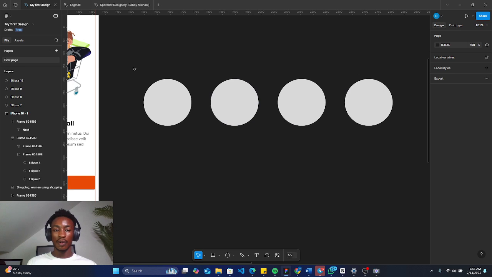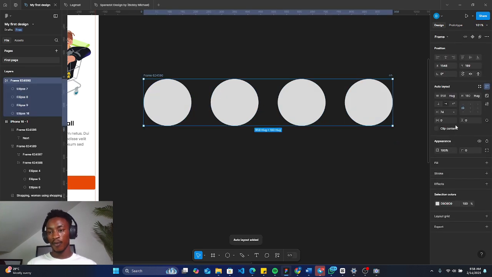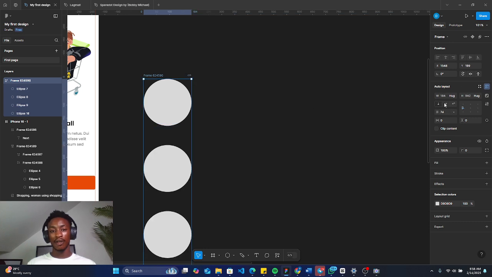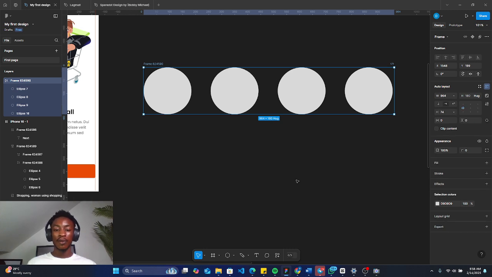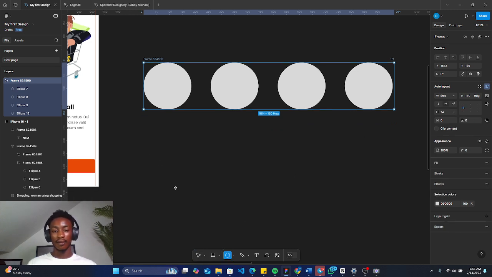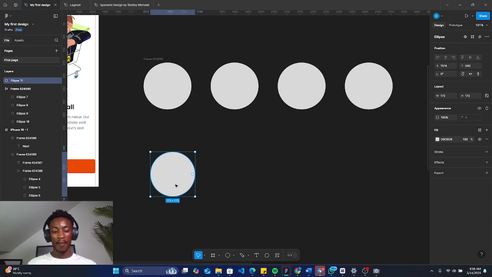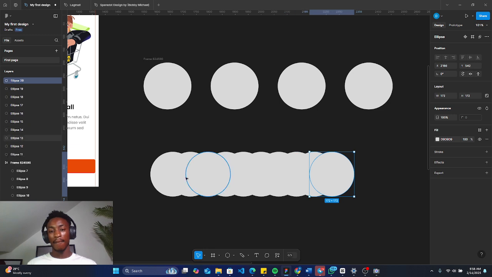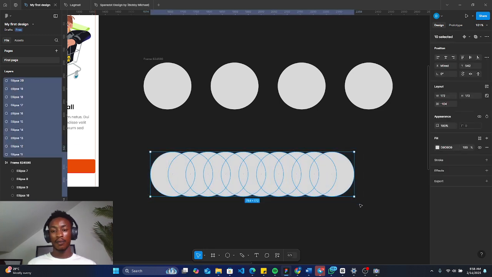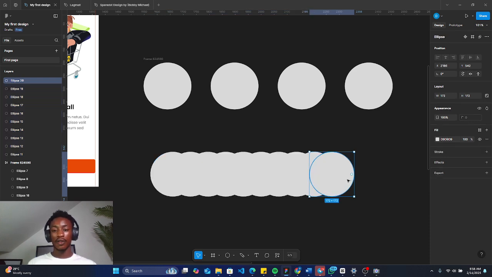I can use auto layout, Shift A, then I can decide to create a vertical layout with it or a horizontal layout, and there is what we call wrap here. So we wrap to automatically resize depending on the width I set it to. But if you want to create something like this, you can also use auto layouts. But if you want to create something like this